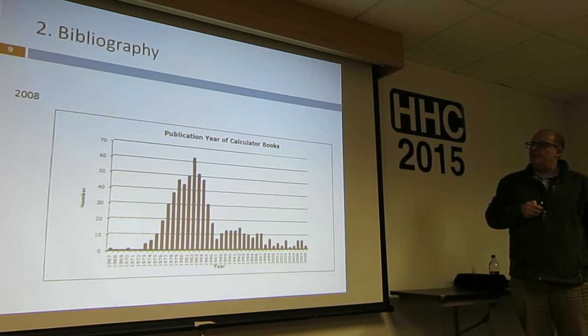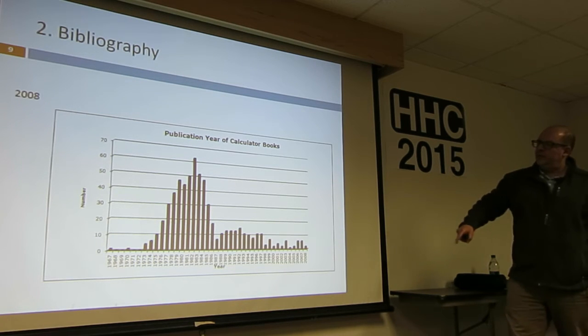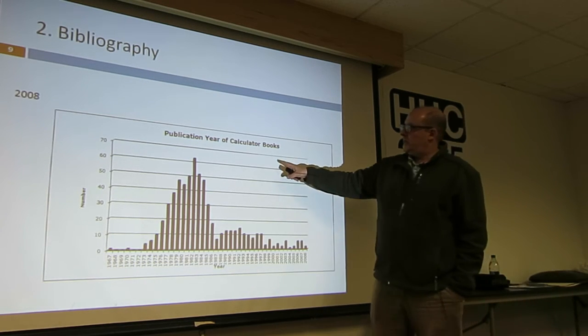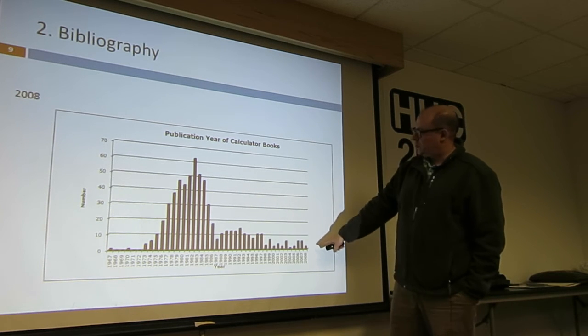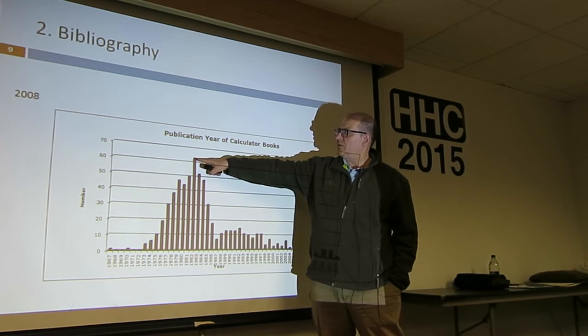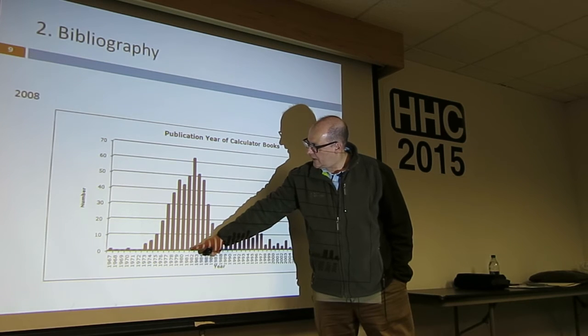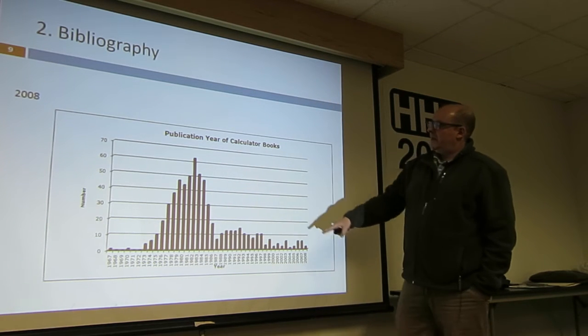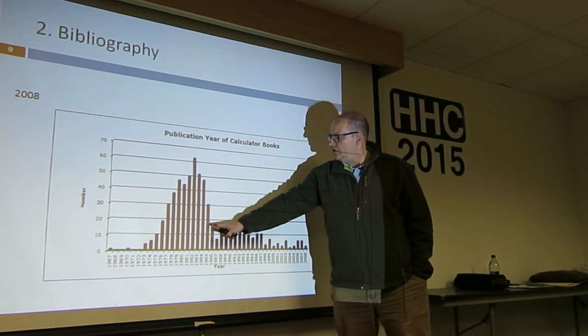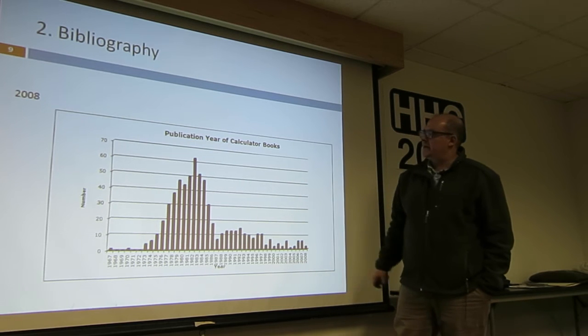One interesting byproduct of the project is this analysis of when these things were produced. This graph is probably intuitively clear: the maximum here, this was the first one, 2008, so we got about 60 publications at the maximum, in 1981. And then you have this steep decline and then a little bit of a fat tail here.